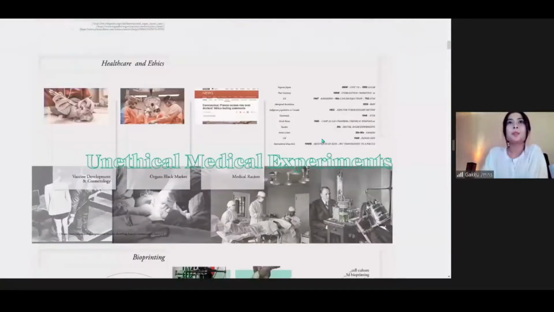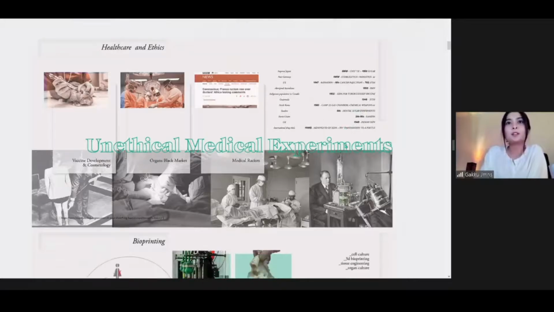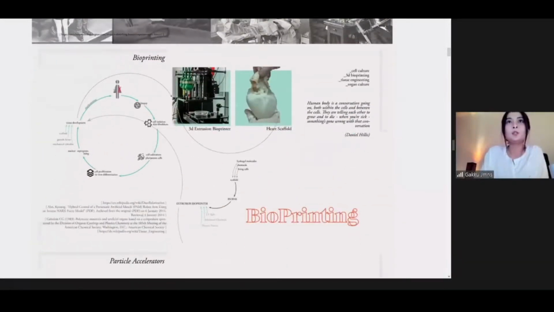Lack of organs, or simply lack of testing material, leads to very unethical practices, such as experiments and the organs black market. We do print organs today with the bioprinter. Today we can print flat organs like some skin parts, flat bones and meniscuses and so on, but we do not print volumetric organs today because they get destroyed by their own pressure while they are being printed. So that's the question of structure.